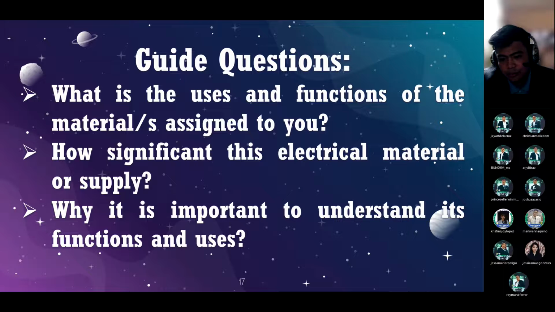So, let's proceed to Group 2. Who is the representative for Group 2? Me, sir. Mr. Christian, proceed. What is your assigned material? Electrical wire, sir. And what are the uses of electrical wires? Sir, electrical wire is just like flat cord, sir. It is used for making circuits, sir. Then, making specific electrical circuit.